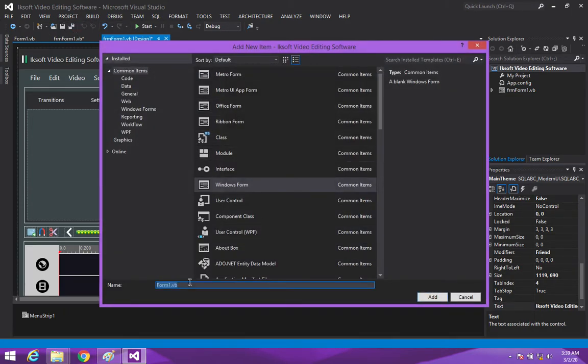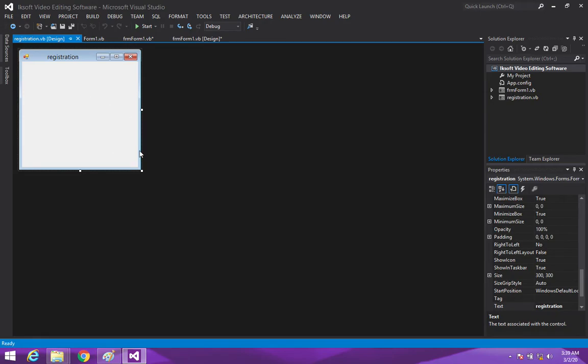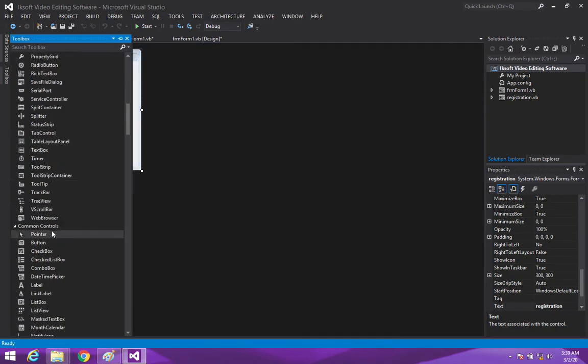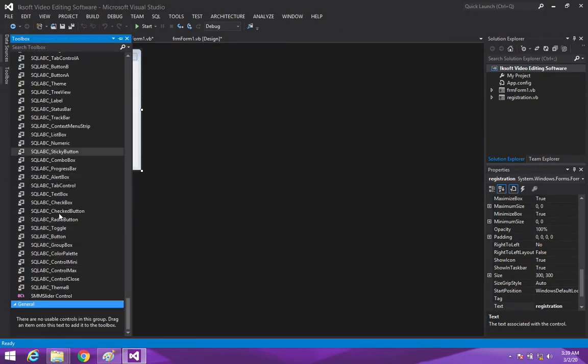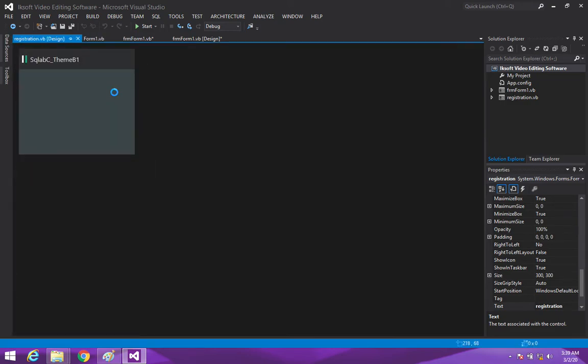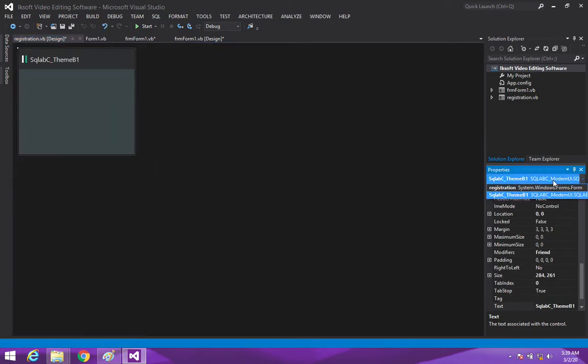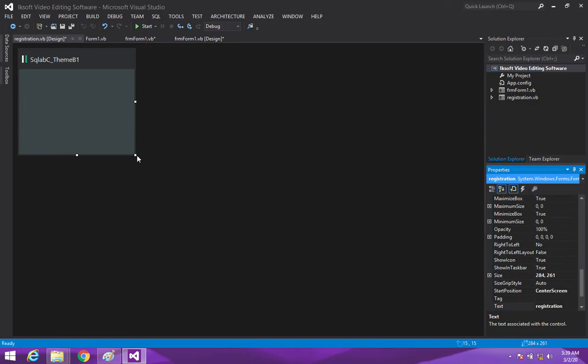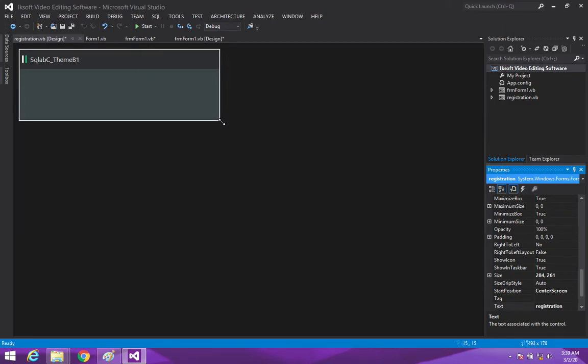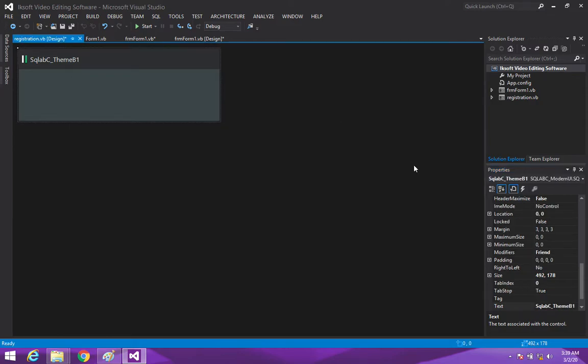Before we get started, let's add a new window form, and we're going to call this registration, right? So that will be a new registration form, and this is how it's going to be. Let's add our team B, and that is one most important thing to add. So this is our team B, and I would like to adjust it to be like this. And for this test, I will say registration,